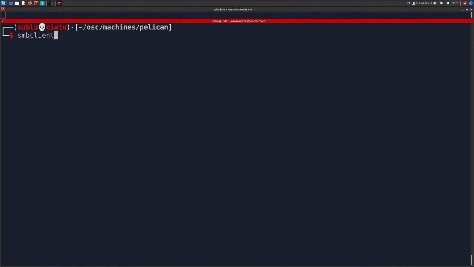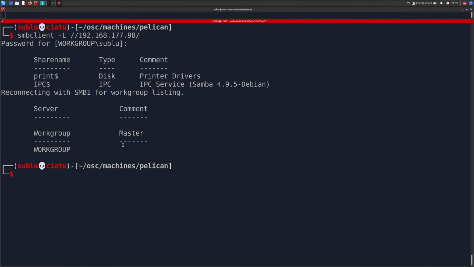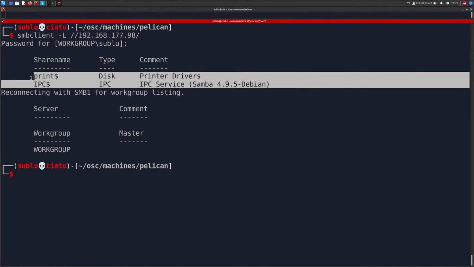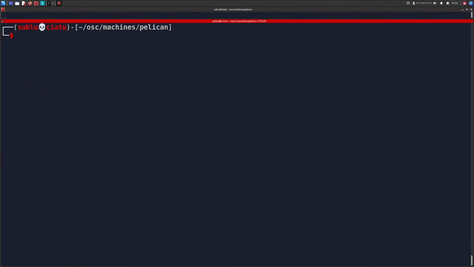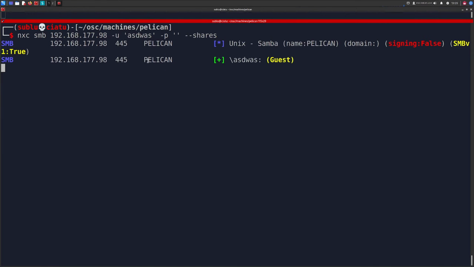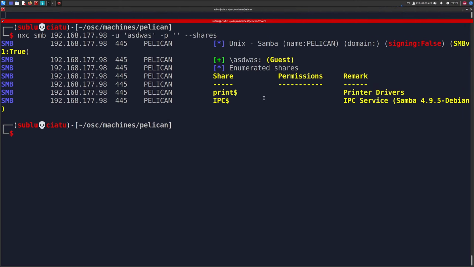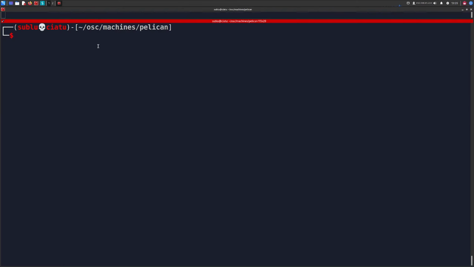Let's do smbclient -L, and list the shares. And we don't have anything useful. All these are default shares, and we're not really going to get anything from this. Another way that you could have enumerated this would be through NXC. You could do NXC or CrackMapExec with SMB, the IP address, and then -u with a random username and -p with no password, and give it the --shares flag. It's going to authenticate us and give us the shares that are available. Although we're not going to get anything from there,